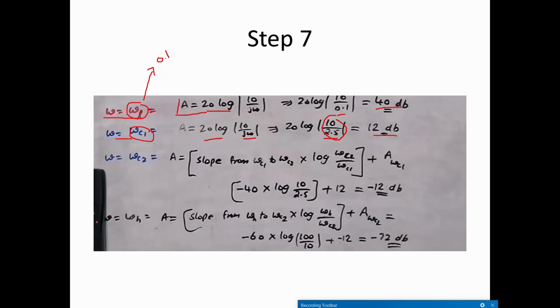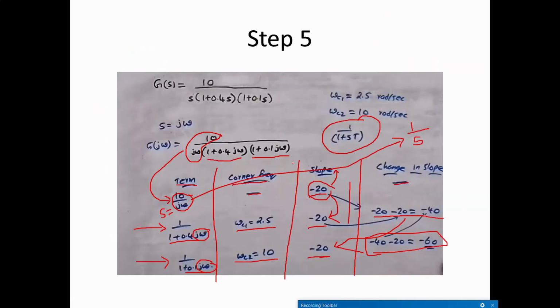Right? So for the other frequencies, to calculate the magnitude we are using some different formulas. So for omega c2, we have it around 2.5. Okay, that's a corner frequency. For this we have to use the slope from omega c1 to omega c2, right? So the slope from omega c1 to omega c2. So if I go here, I find that